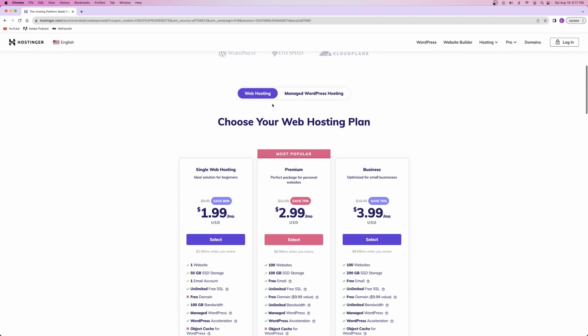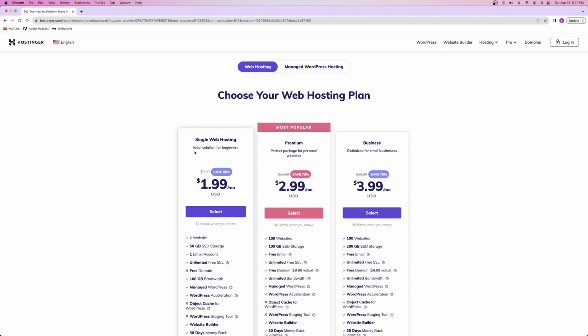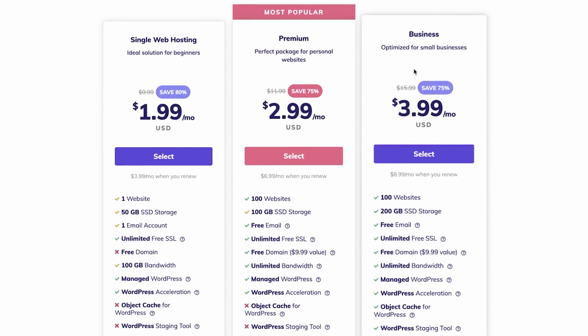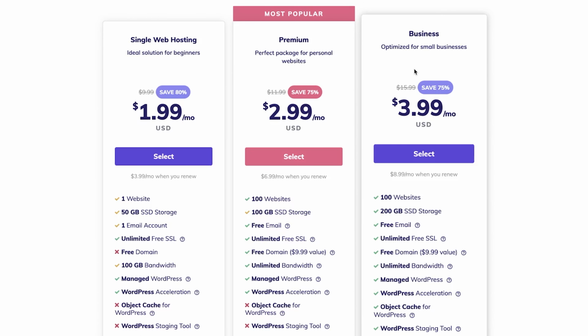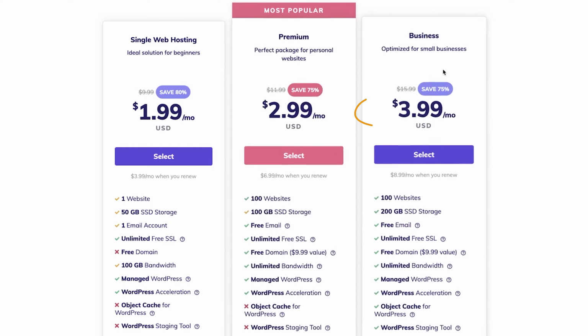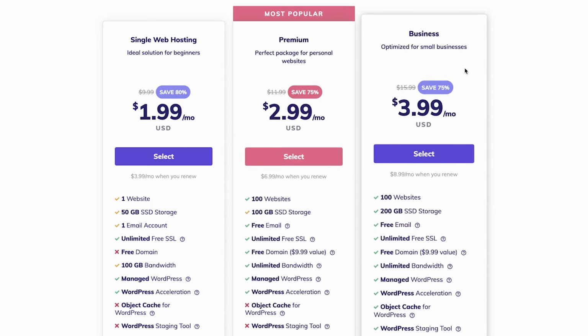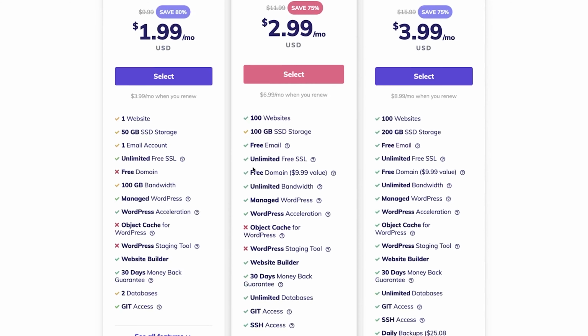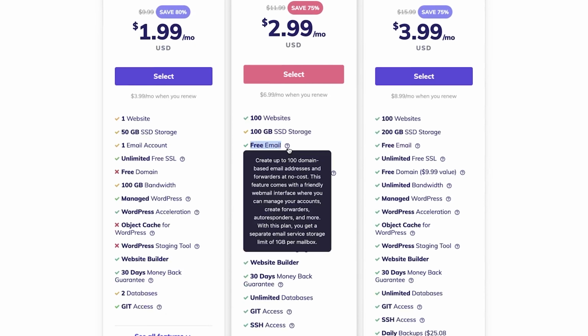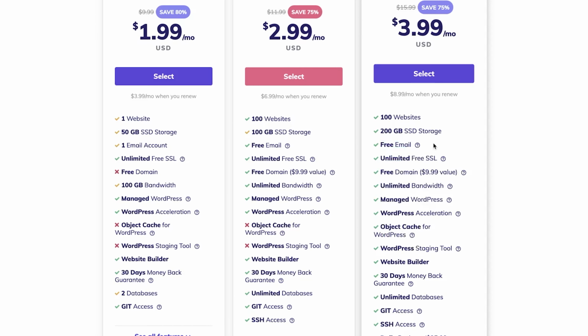From here, we can scroll down to see the 3 different plans that they have available for you. There's the single web hosting plan, the premium, and the business plan. I recommend the premium plan or the business plan because you get a ton of included features for the affordable price that you pay. With the premium plan, you get to create up to 100 domain-based emails for your website. So that would look something like